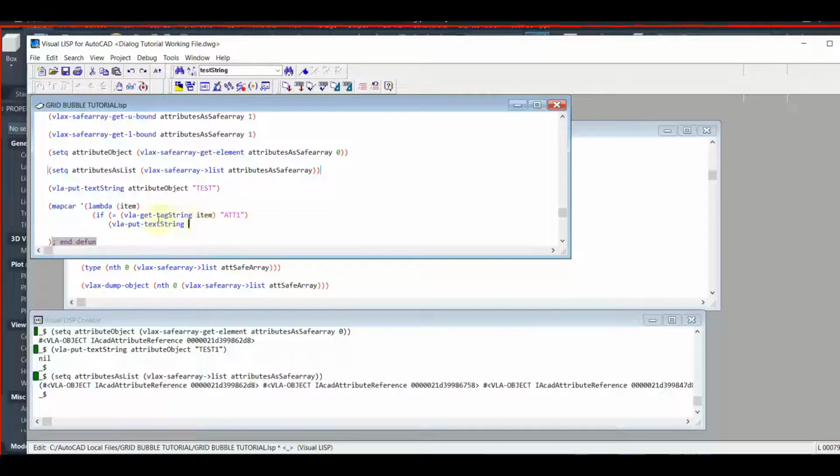So just something that messed me up when I first came up with this, or I didn't come up with it. I read lots of tutorials and figured out how to code it myself, but don't mix up the tag string and the text string. So the tag string is the name of the attribute. The text string is the actual attribute value. Now, if that's a bit confusing, you'll see what I mean in just a second. I'll explain it again once I move the code window over and we look at